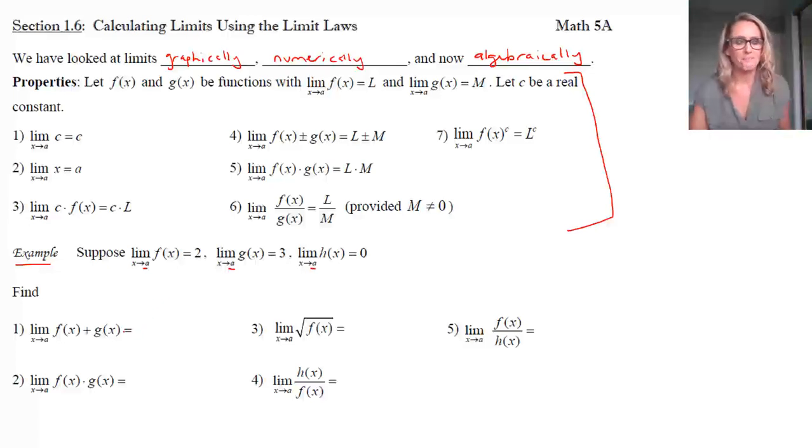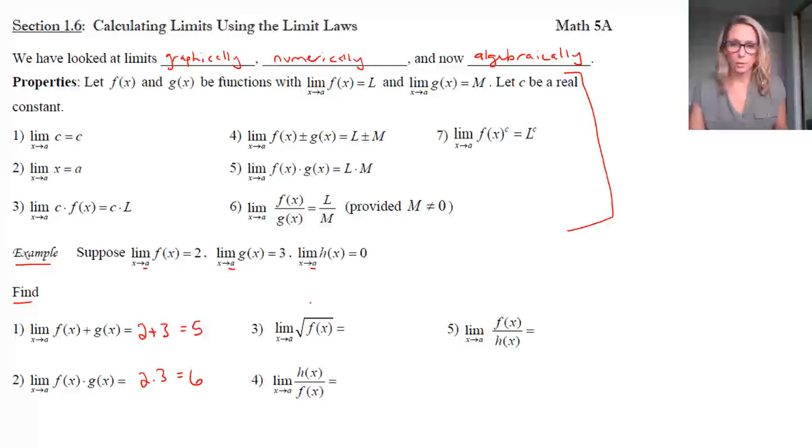All right, now we're back. So looking at the first one, it says find the limit as x approaches a of f of x plus g of x. So what we've learned is that because those 2 limits exist, the limit of combining the 2 functions together and adding the 2 functions together is just adding the 2 limits together. Similarly, we have f of x times g of x, and again, because those 2 limits exist, we can multiply their limits together, and that's the answer for that.